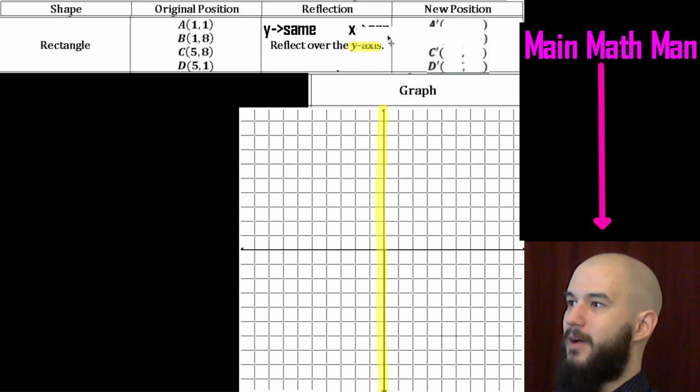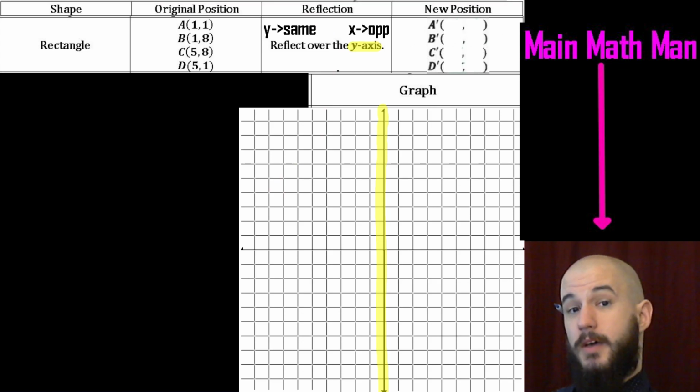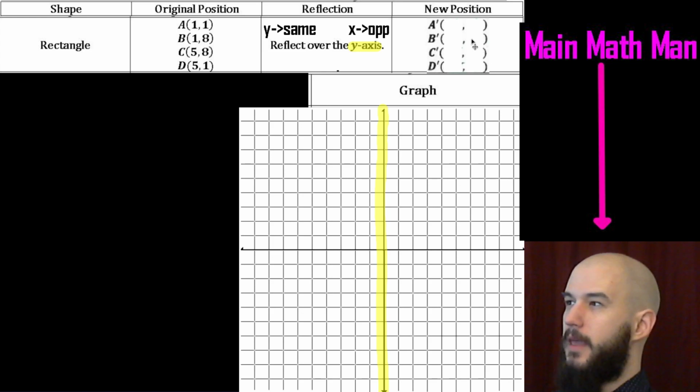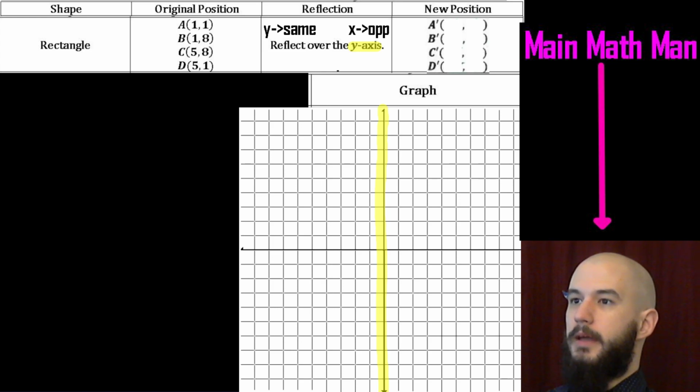Because what's happening? Well, my y values are going to stay the same, and my x values, well, I'm taking the opposite of them. And I can show that like this. Let's see if I can line this up here. So I'm going to have,